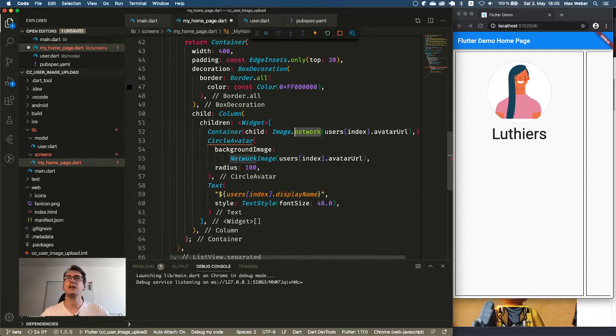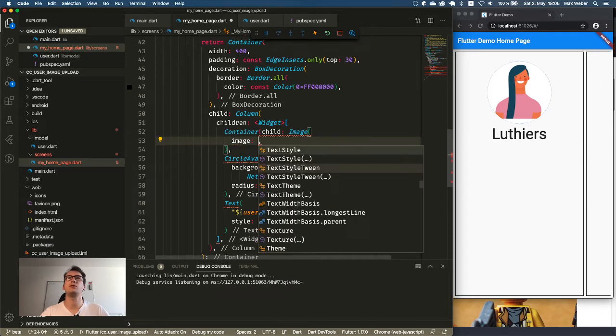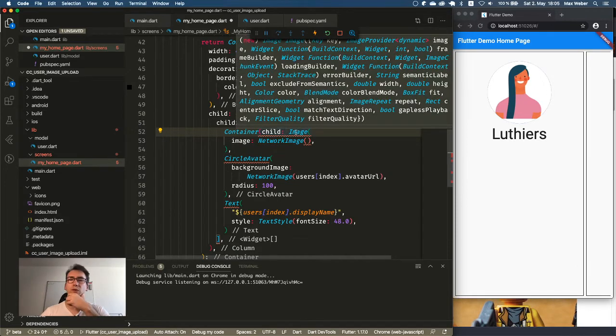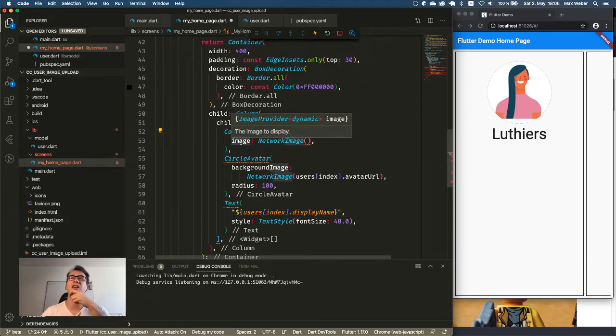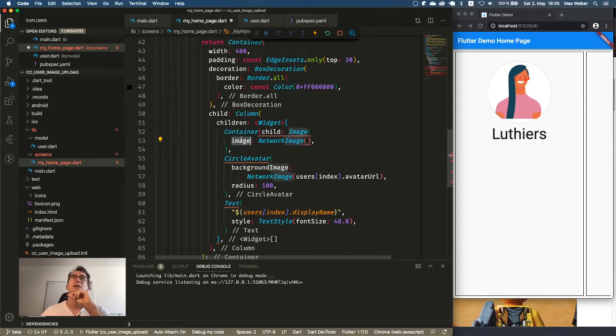Okay, so now we also can't use the network creation. Now we have to add the provider ourselves. So we have the image, and the image needs an image, which is an image provider now, network image. That is quite complicated for people who are starting with Flutter. I thought this image part is very confusing because we have that image, which is a widget, it contains an image, but this image is actually not an image, it is an image provider. And the image provider allows us to load the image from assets, from network, from everywhere in the world.